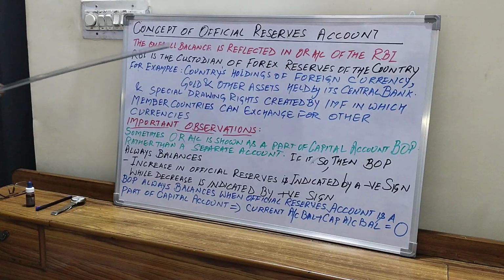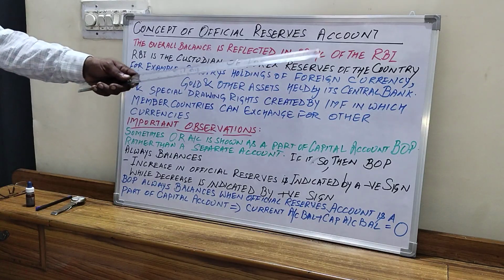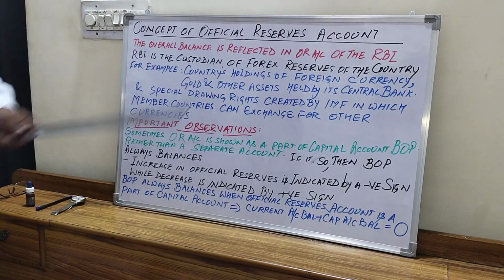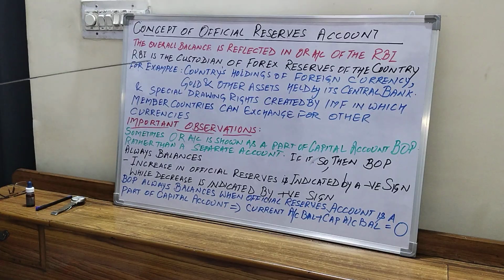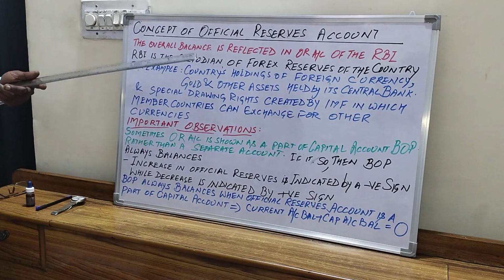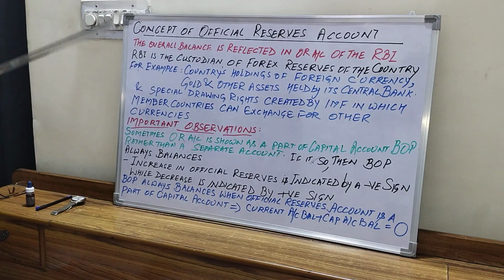The overall balance is reflected in the official reserve account of the RBI. The RBI is the custodian of the foreign exchange reserves of the country. Each and every foreign transaction will be routed through the RBI. For example, countries holding foreign currency,